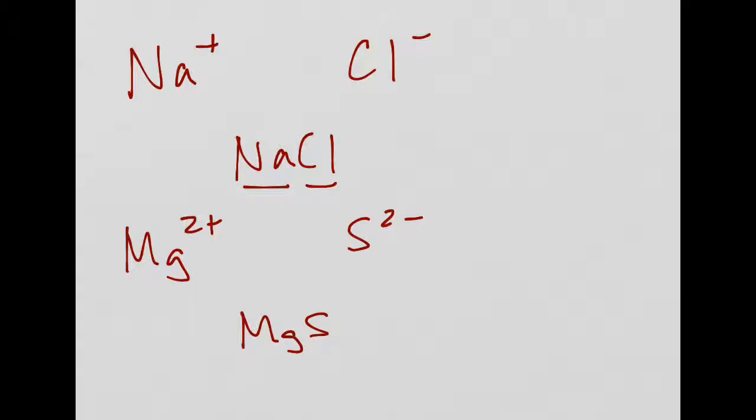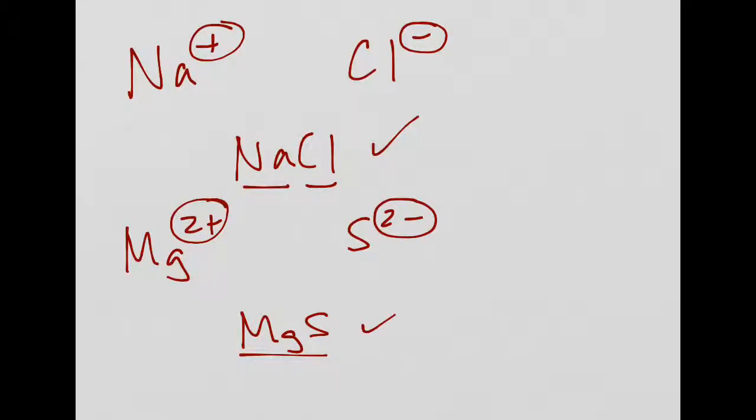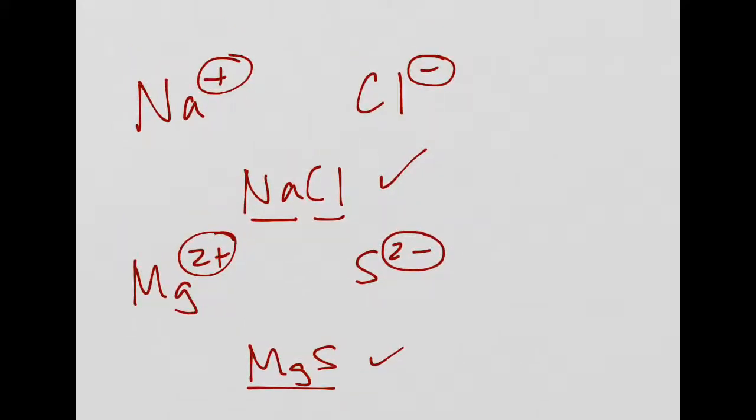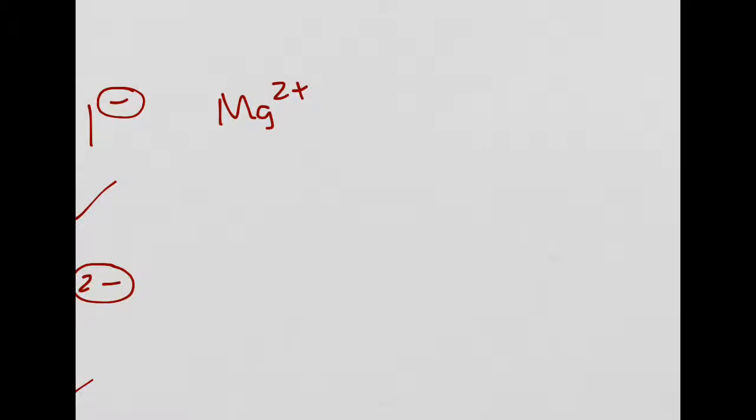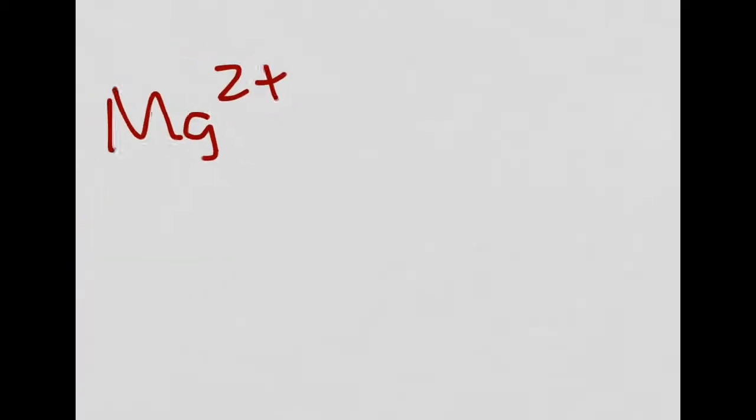Now, it's super easy when the charges match, right? Because then you combine them and you don't have to worry about it. They just combine beautifully, the same way sodium chloride and magnesium sulfide did here. But what if things get a little bit more complex? For example, what if we take magnesium, which we know is a +2 charge, and instead of combining it with the sulfur ion, sulfide, we combine it with the chloride